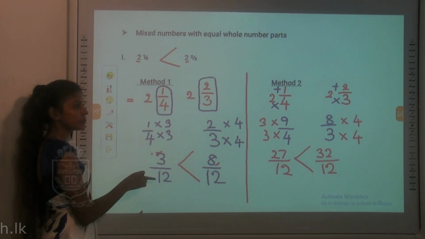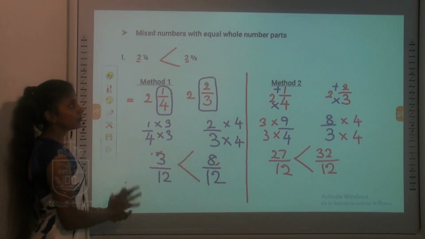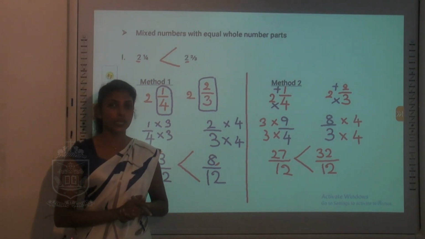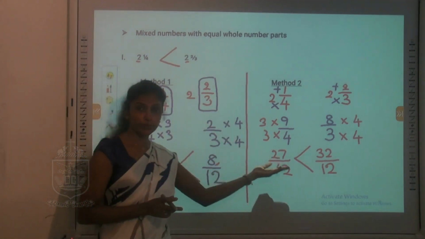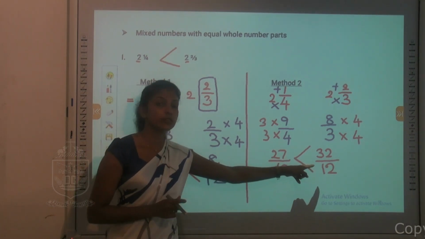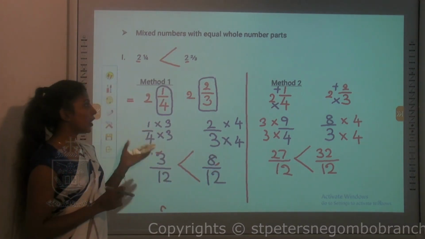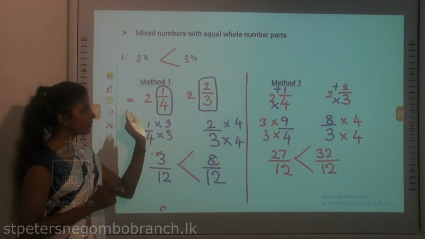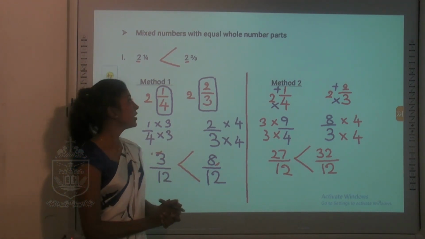So as we did in the previous method, you can see which is the large fraction or large mixed number by comparing with the other. So these are the two methods which we can use. So select the easiest method. Either convert it into improper form, but then you might get somewhat large numbers when you are multiplying. Or in the other method, you keep the whole number part separate, take the fraction part out, and make the common denominators. Okay? Right.